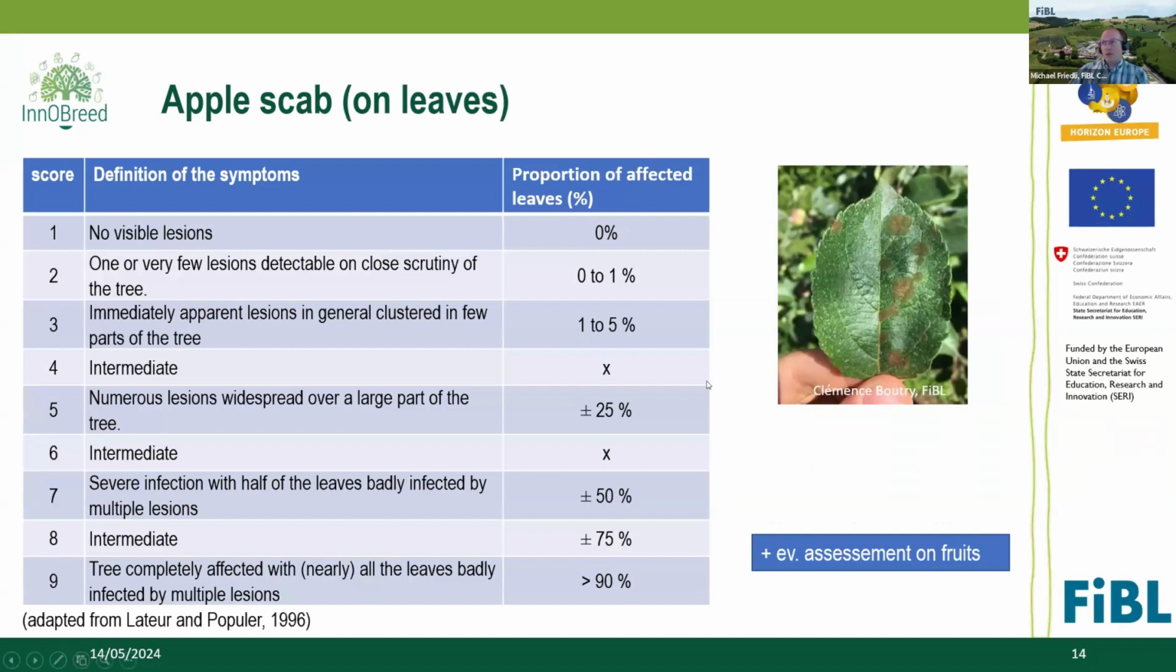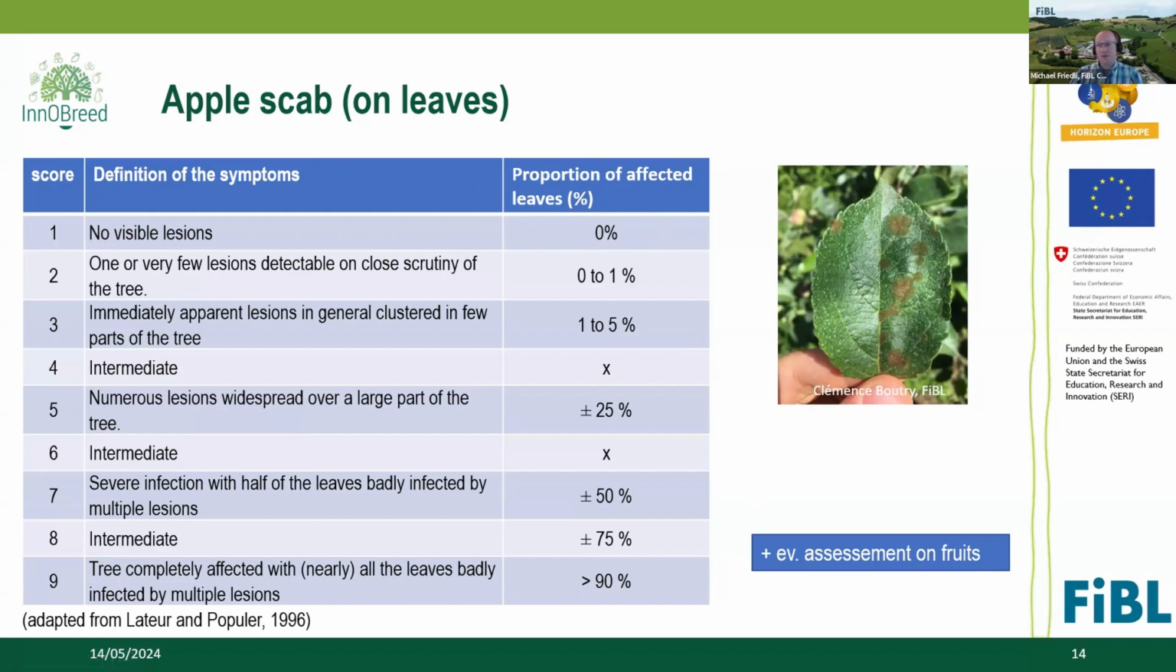So I think I can go a little bit quickly through this slide. We heard it, apple scab is really the most important disease in apple production, or also in organic apple production. And therefore, it's really important to assess this. And this is the scale that we use to assess the apple scab on the leaves. With 1 meaning no infections, and then a 9 is really that the tree is completely affected. This would be a very strong